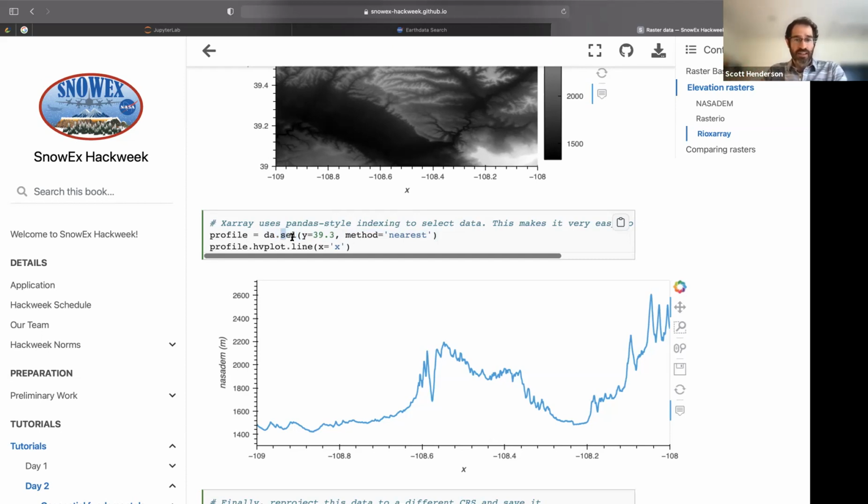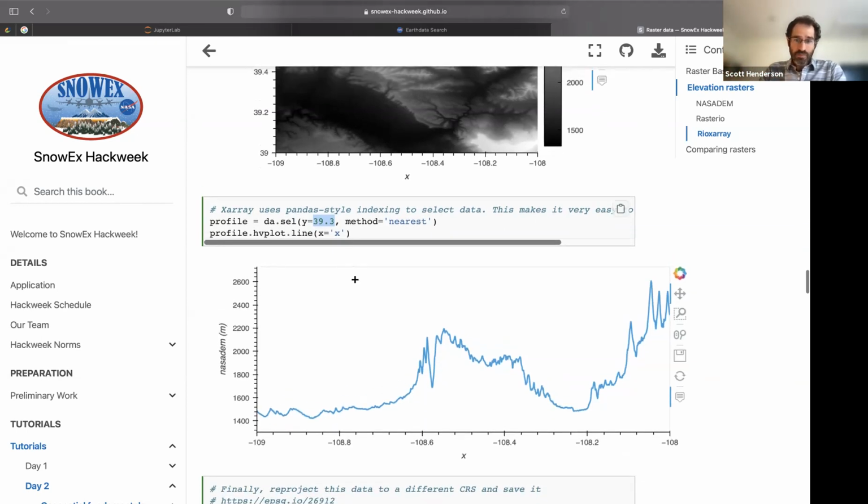You can use a .sel, which is for select, and then pass in the coordinate you want to select from. I'm also passing a keyword here, nearest, because maybe 39.3 doesn't exist exactly in the coordinates, and this will grab the nearest one. For example, if your grid was set up such that you had 39.2, 39.5, this is going to grab 39.2 from your grid. And we can plot